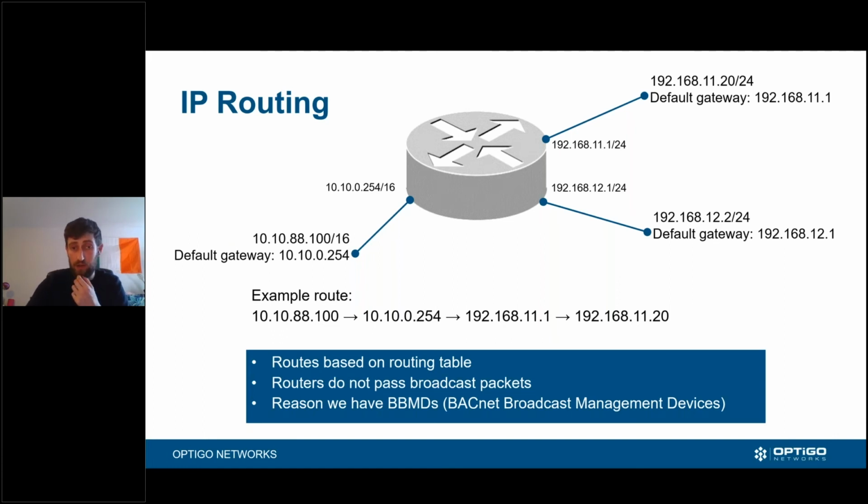We'll send it to our gateway, the router, at 10.10.0.254. Then we send it through to the next step, which is the other end of the router connecting to a different network. I believe it might be 10.10... or /16, I think it's /24. Okay, so we have our gateway there. So we're working on all /24s here now.